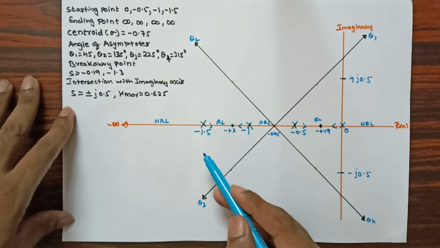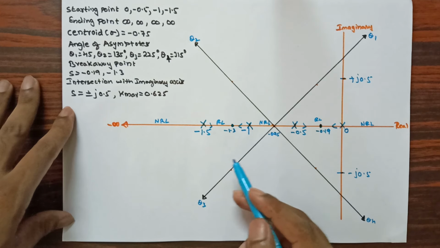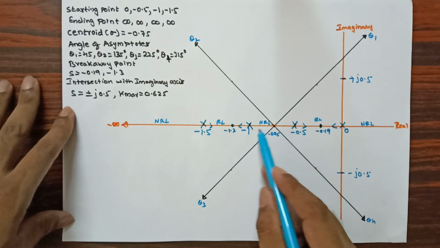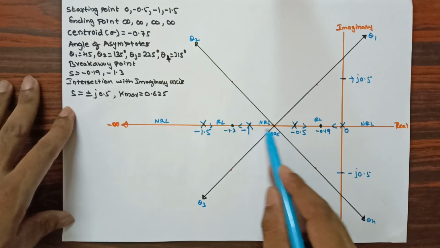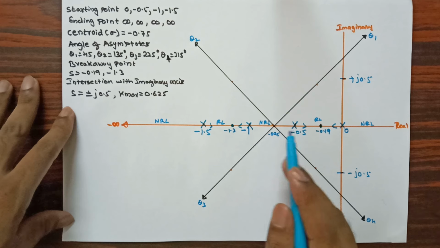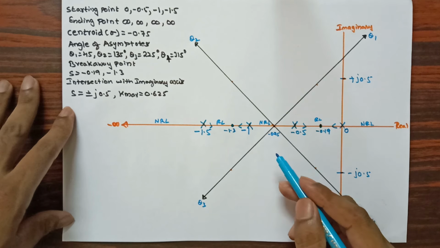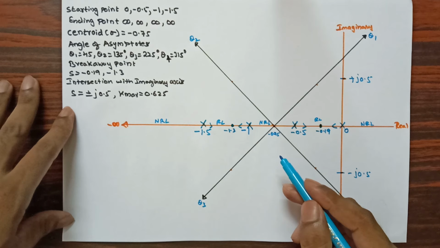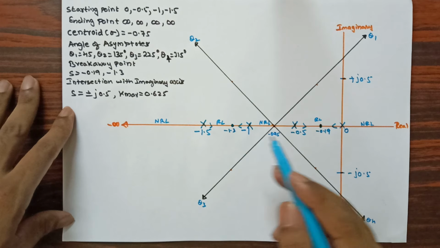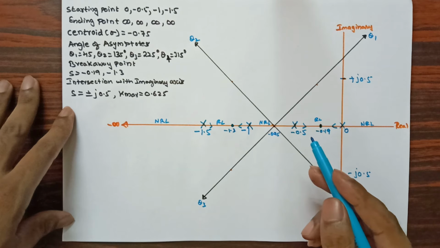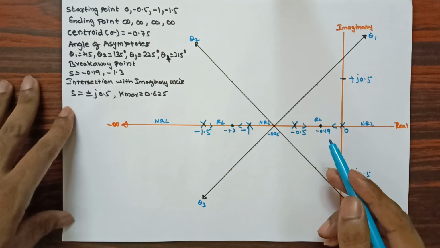The third one we got is somewhere at minus 0.75, and you can see that minus 0.75 is coming in between no root locus path, therefore it is an invalid breakaway point we have considered. So in this way, by looking into the graph sheet we can check the validity of the breakaway point, but we need to calculate and show whether they are valid or invalid by the method I have explained.